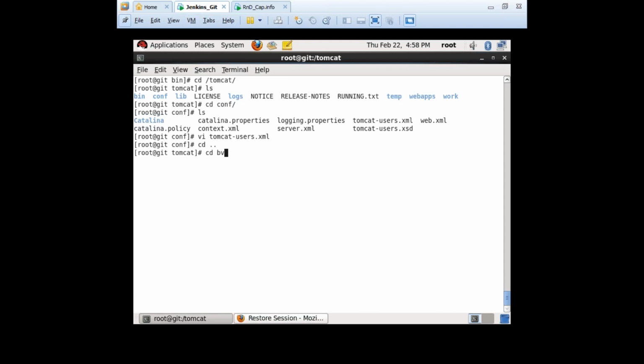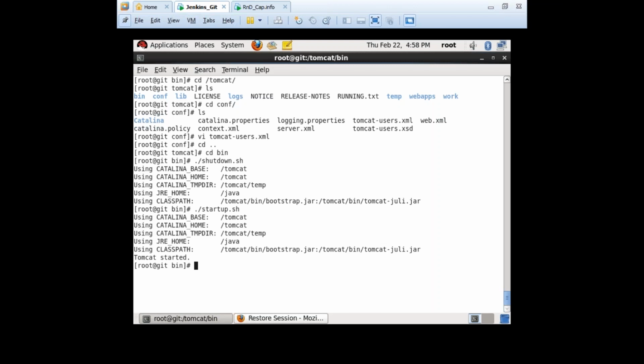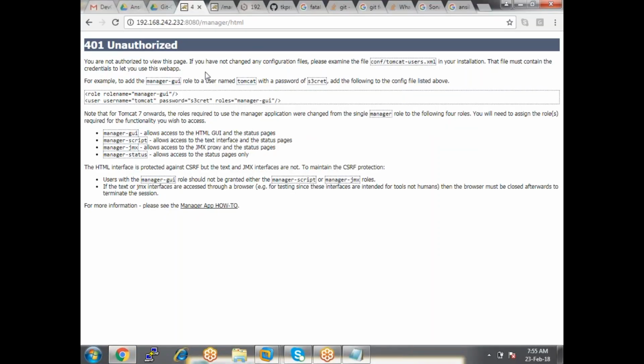Then restart it. We are going to restart the server, because we have done some configuration-level changes. If an application is changed, or if you want to restart any application, do not restart your server. Just restart only that particular application.